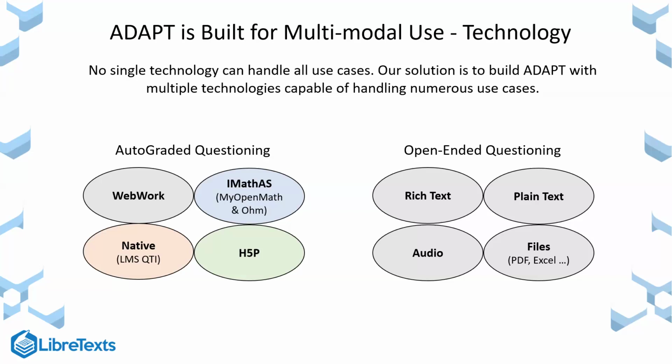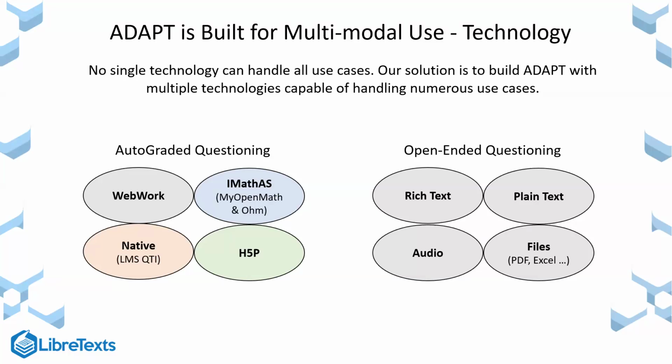So we bring in 4 principal technologies. I mentioned WebWork, which is out of the University of Rochester, that came around back in the middle 80s. iMath AS is a technology out of Pierce College in Washington State. David Lippman built it in order to run MyOpenMath. It's the same technology that Lumen Learning uses for their OHM system, but they then ask for a bit of money, actually a lot of money, in order to operate that.